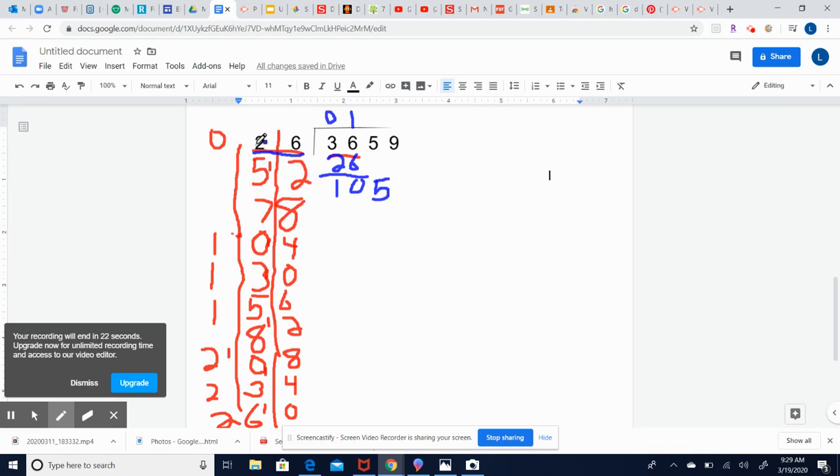And we're going to search for where would 105 fit in my number line. So it's going to fit between 104 and 130. We're going to count up 1, 2, 3, 4. We're going to write our 4 here. 4 times 26 is 104 because that's the number above the line. And then